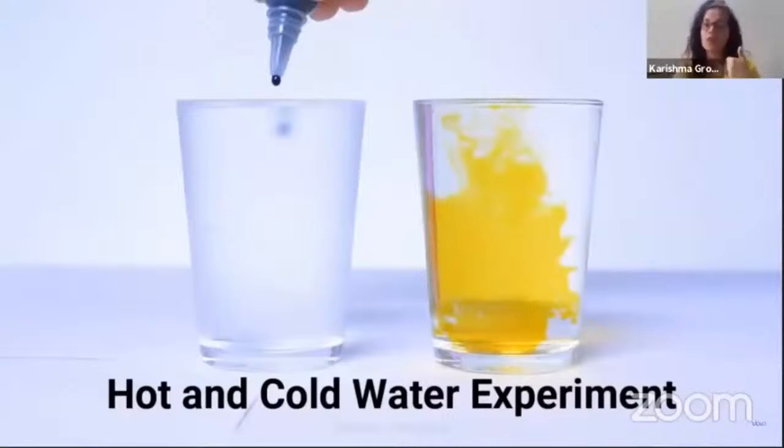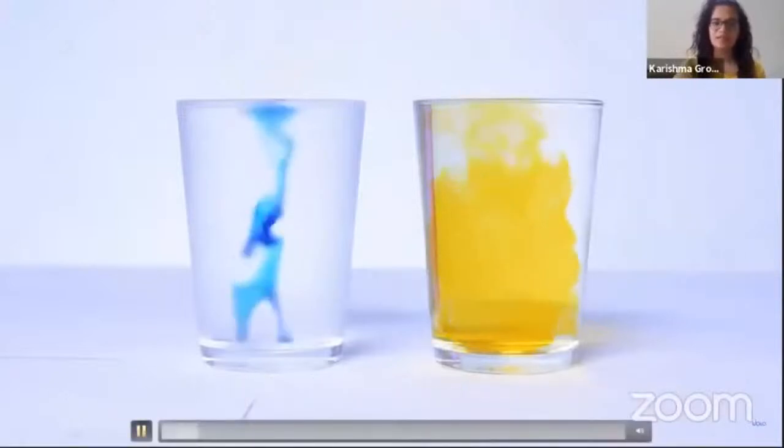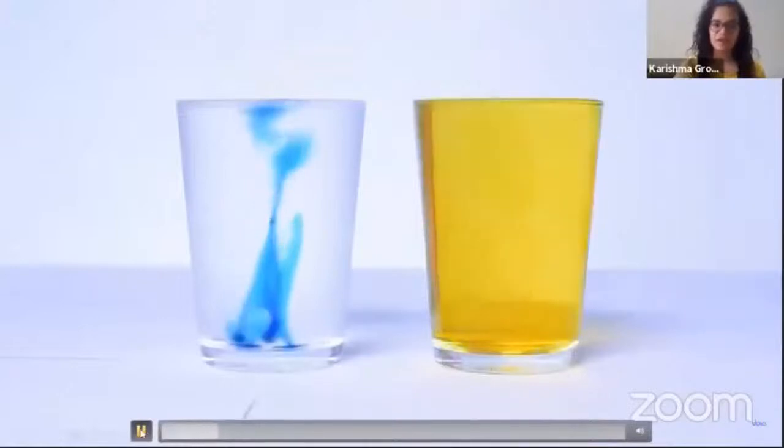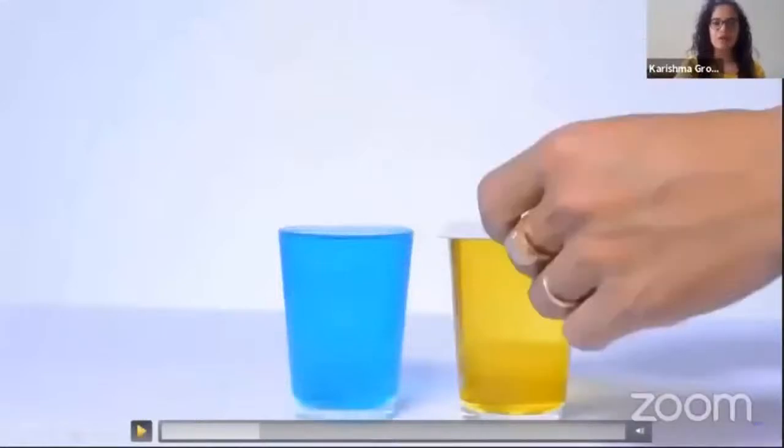We are putting blue in cold water because ocean, blue. And we are putting warm yellow, the sun, warm. So we can differentiate it. So let's see what happens. We are going to put a few drops and we are going to mix them well. Give it a stir so that the color mixes, and put a lid on